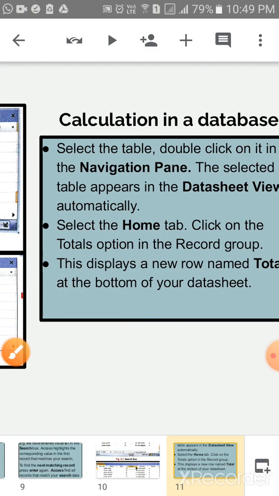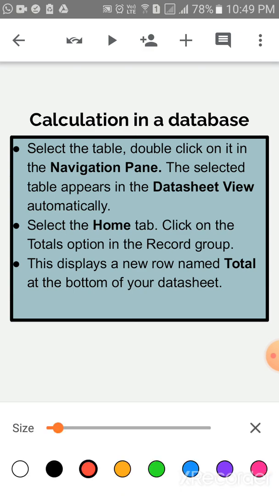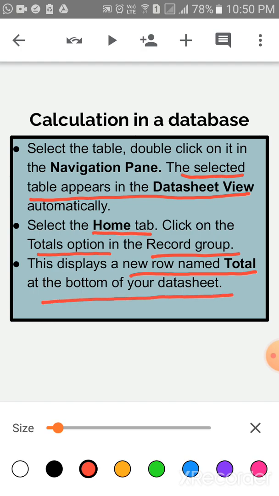The selected table appears in the datasheet view automatically. After that, select the Home tab and click the Totals option in the Records group. The Records group is available at the bottom side. This displays a new row named Total at the bottom of your datasheet.